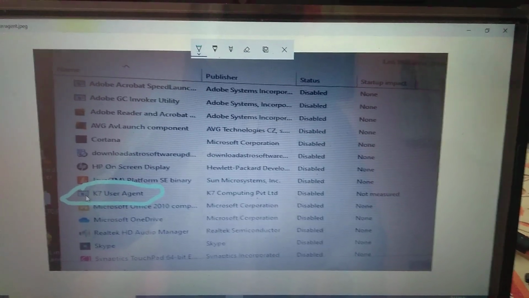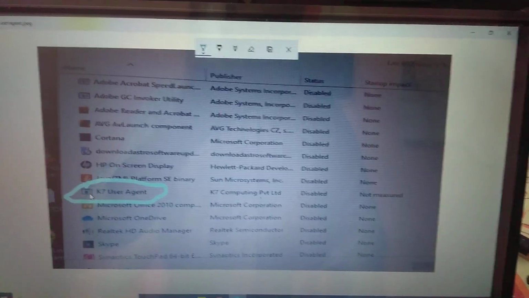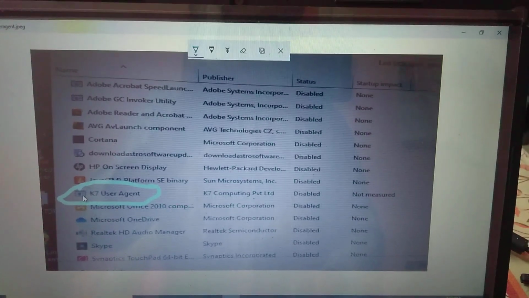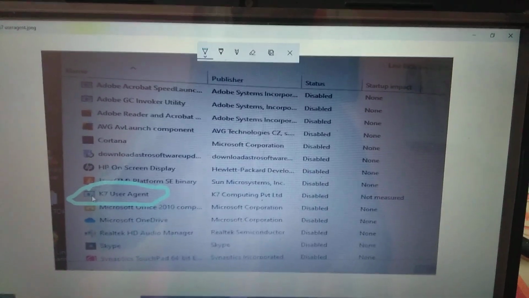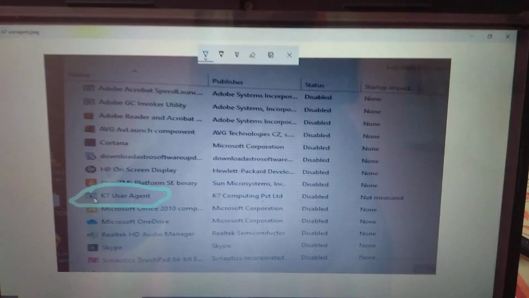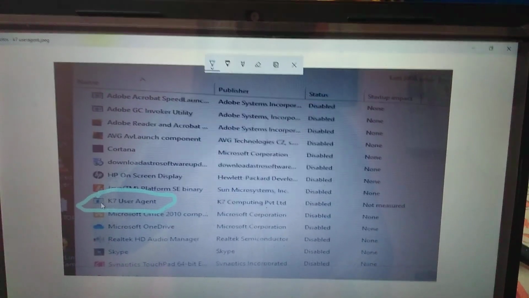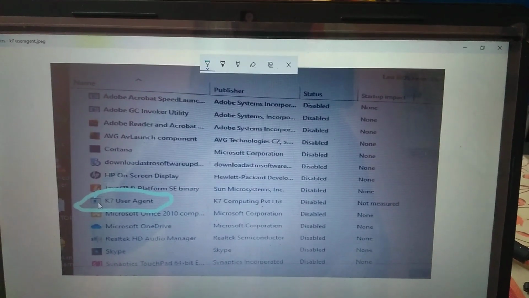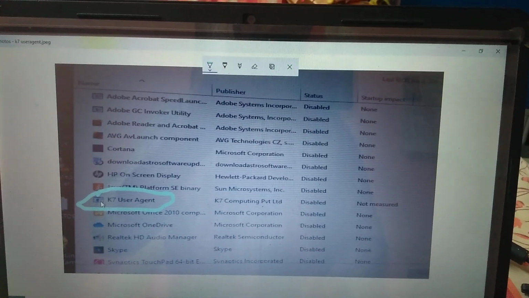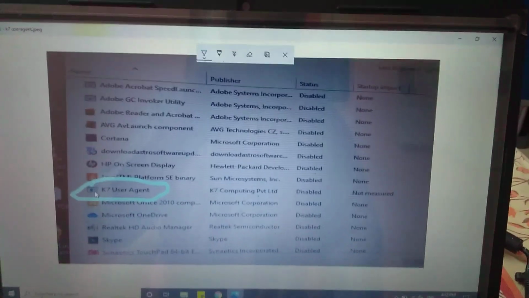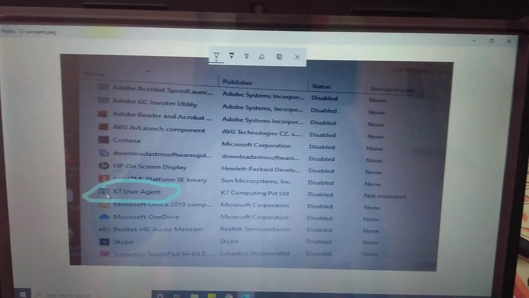So it is back to normal. The only thing I didn't understand is why the antivirus became a virus or malware. I googled this K7 user agent, and they said it's not recommended because it's Windows OS, and it is safe even if you don't install an antivirus as well.